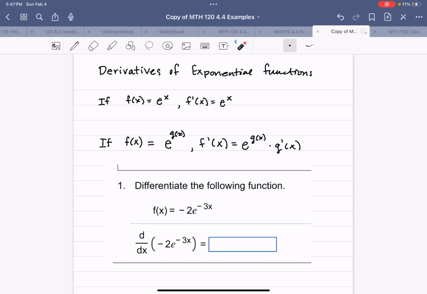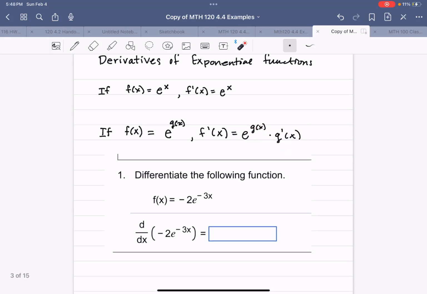However, if f of x is e to a function g of x, then f prime of x is e to the g of x times g prime of x. So you must tack on the derivative of g of x at the end. For example,